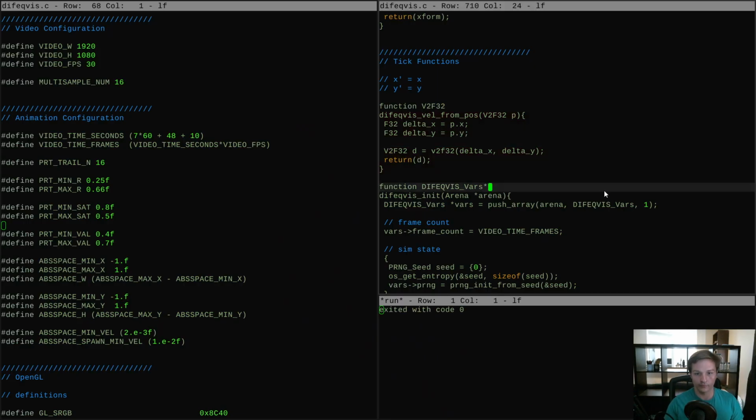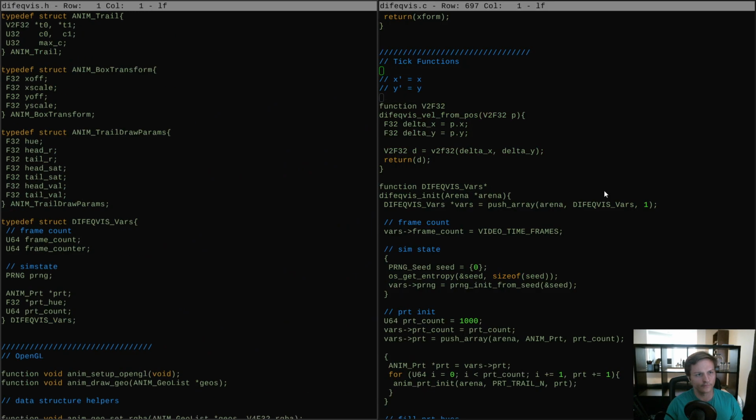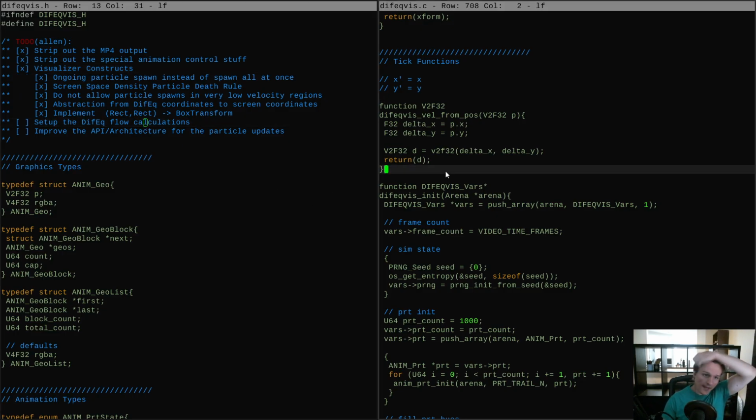So that's looking pretty good. And we did this. Okay, so there's our visualizer constructs. So I think we are ready. We are at the point where we can start playing with the differential equation parameters themselves and see what we can get out of that. So